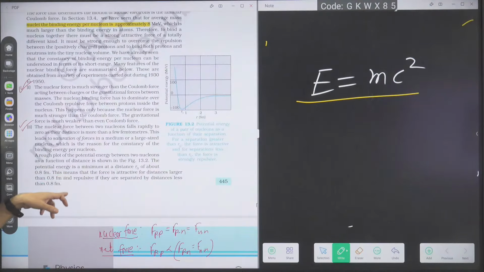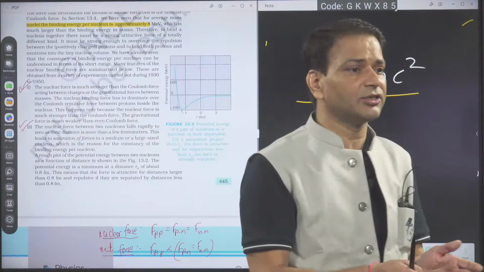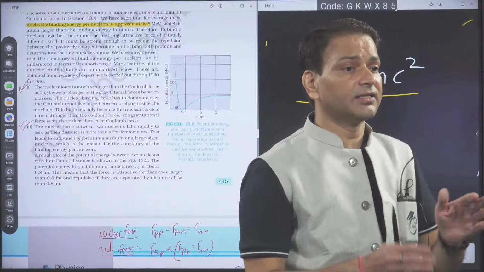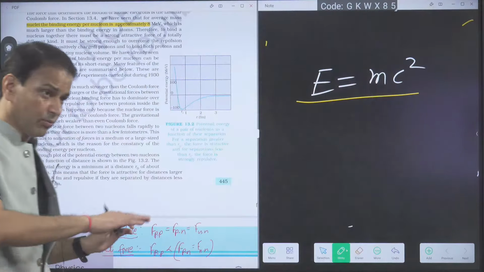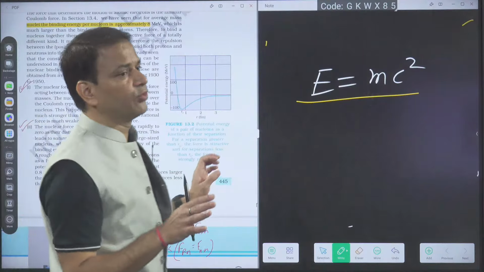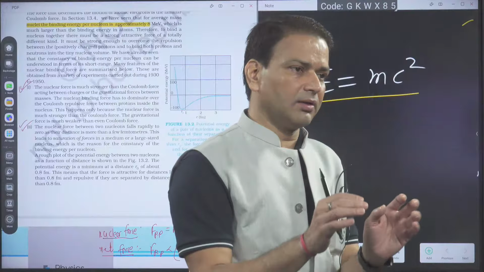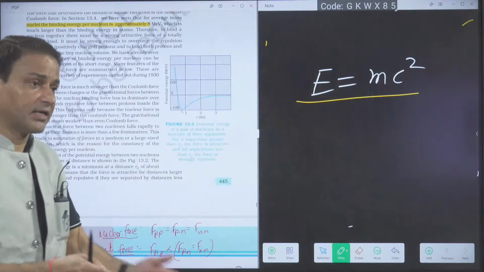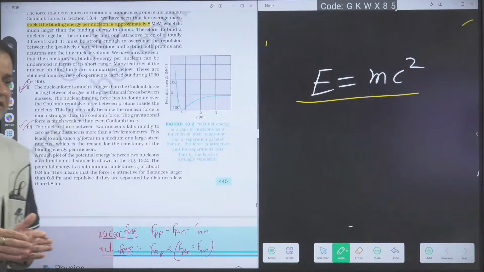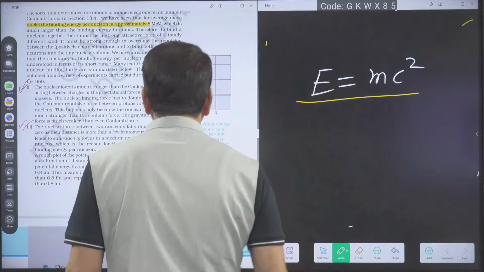It should be of the order of a Fermi meter, but if it is more than 0.8 Fermi meter, then the force will be attractive. If the distance between the nucleons is less than 0.8 Fermi meter, then the nuclear force will be repulsive. So more than 0.8 Fermi meter, nuclear force will be attractive, and up to the Fermi meter order it will be so, otherwise at large distance, nuclear force will be negligible. But less than 0.8 Fermi meter, if the distance is there between the nucleons, then nuclear force will be repulsive. Okay,